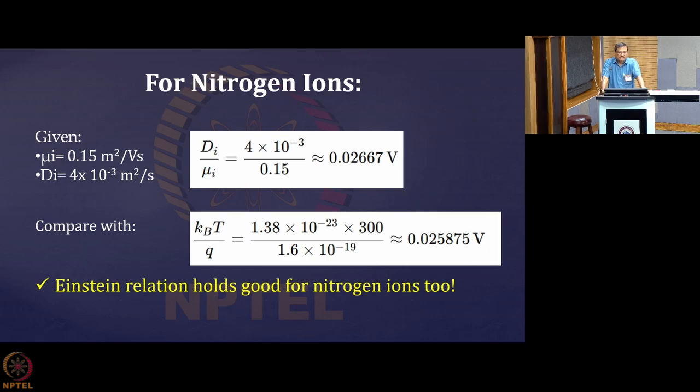And you see that although there is a wide difference in the mobility and diffusion coefficient values in one species compared to the other species, D by mu is the same for both. So that is the striking thing. So D by mu depends on kT by E. So if your temperature is the same and it is a fully ionized state only, then if your diffusion coefficient is less, then mobility is less; diffusion coefficient is high, mobility is high, similarly the vice versa actually. So D by mu remains constant.